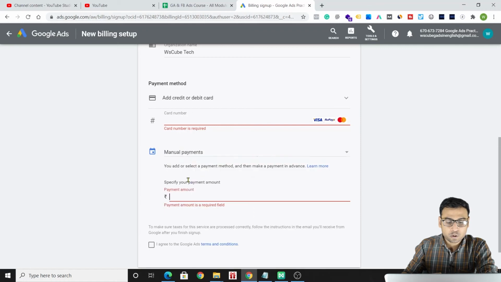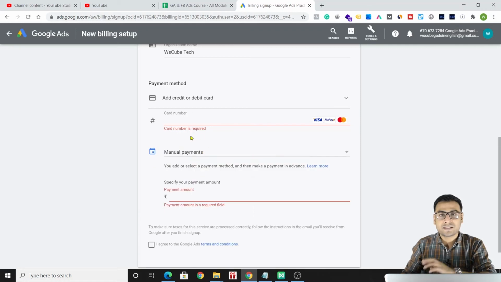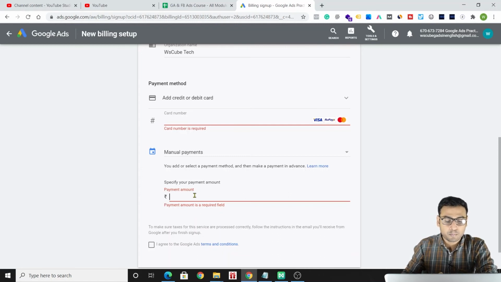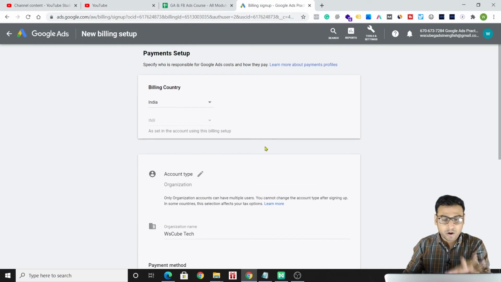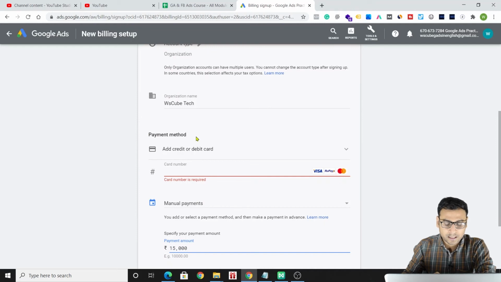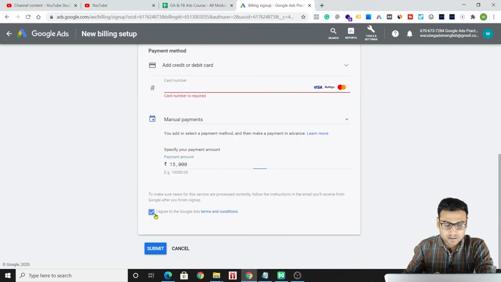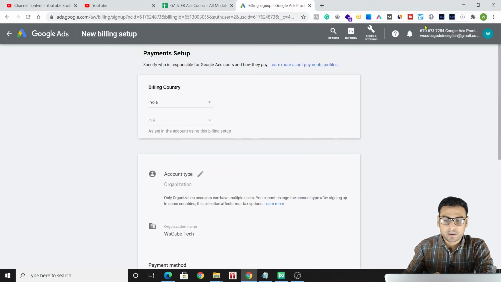Once you select manual payment, this one is like a prepaid system where you manually put in the amount. Say you put in 15,000 rupees to pay Google Ads. That will be in your ad account, and whatever you spend on the Google Ads platform will be deducted from there, right? This is how it actually works, and it is again a very important thing. Then you simply click on I agree to the Google terms, submit, and that's it, your payment is set up.